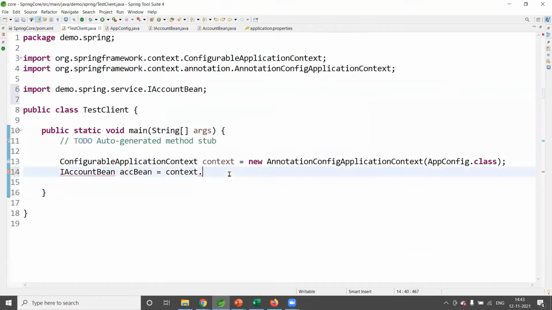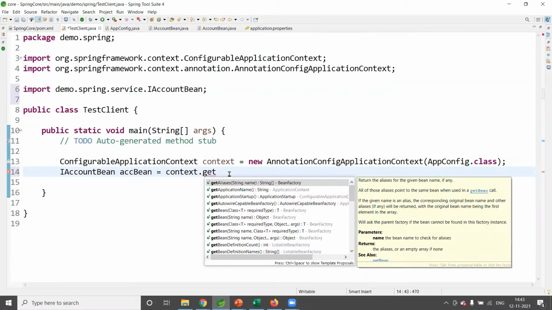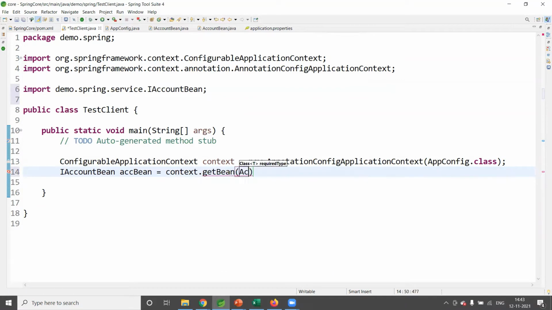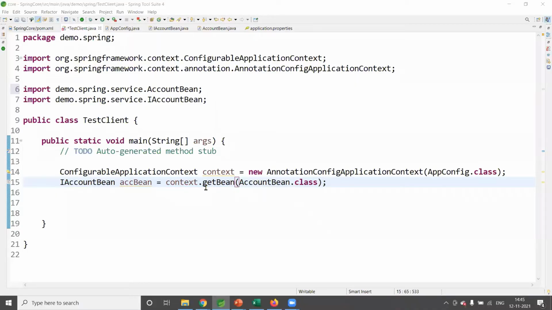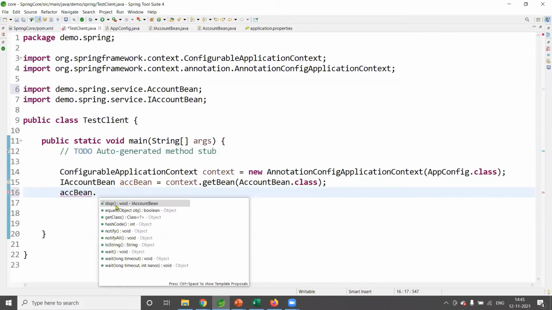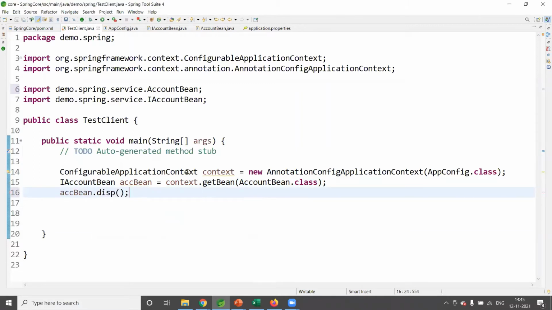Because we are using annotation-driven, you can directly mention context.getBean of AccountBean.class. Then we can call the display method of the account bean, right?